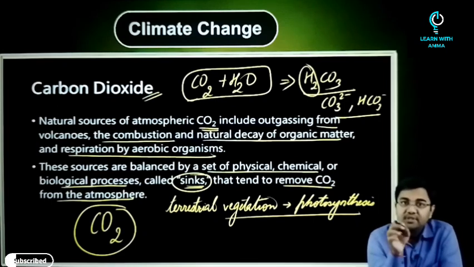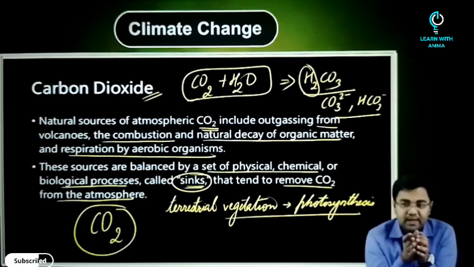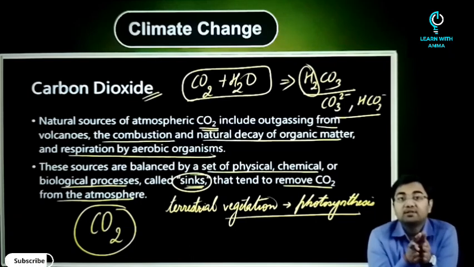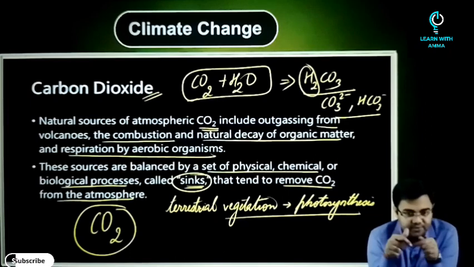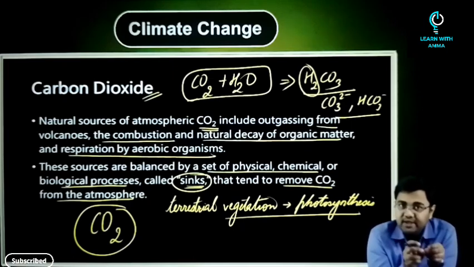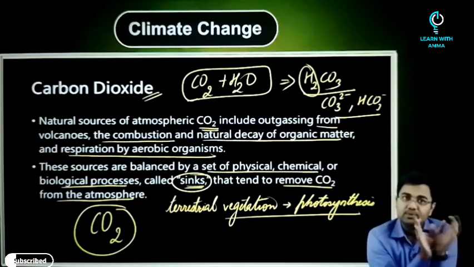Now the problem is that the anthropogenic pathways that we are providing are much faster than the geochemical pathway, and as a result it has a major impact on the composition and temperature of the atmosphere, because with the natural process so much carbon dioxide would not have been added, and since this extra amount of carbon dioxide is being added, this is leading to warming of the atmosphere.